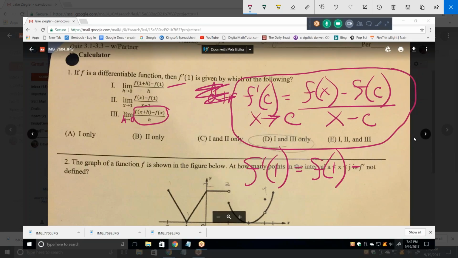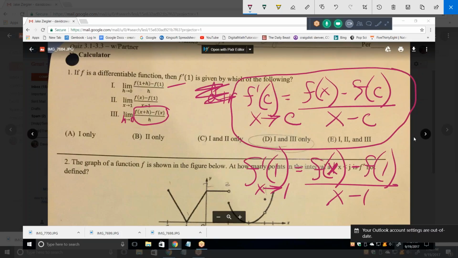All right, so f prime of 1 would be f of 1, which we don't know what that is, minus, it's f of x, excuse me, minus f of 1 all over x minus 1 as x approaches 1. In other words, by this definition,